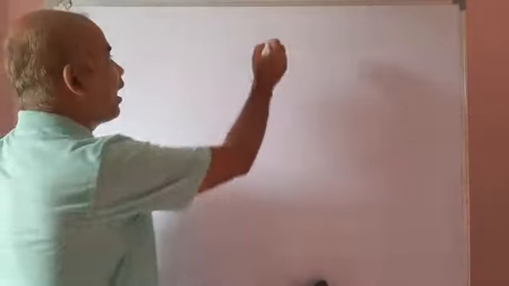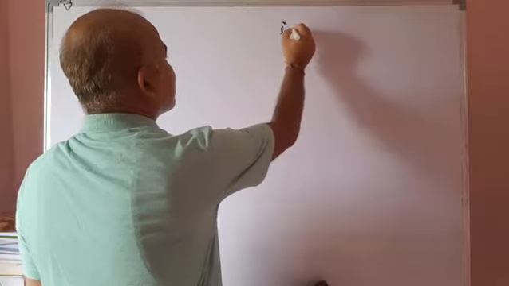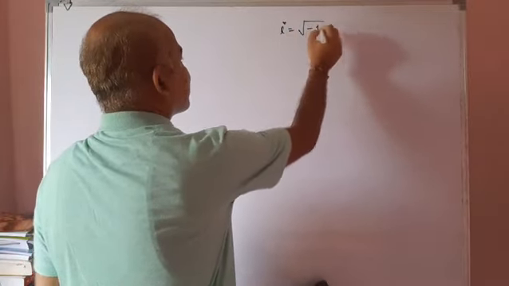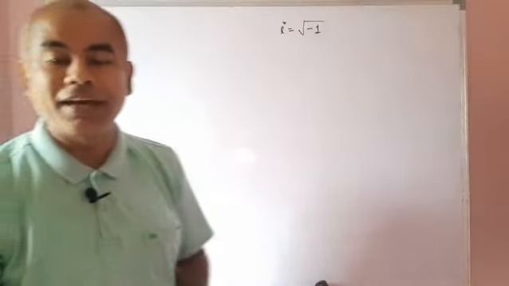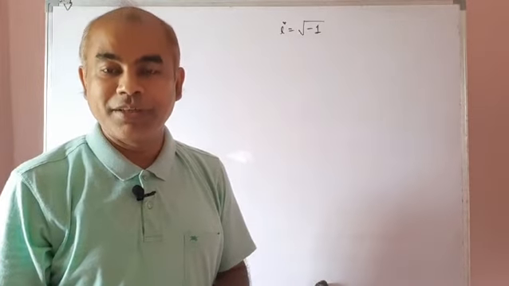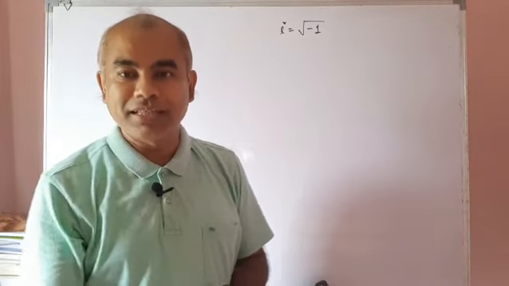So students, today we are going to discuss complex numbers. In my first video of this chapter on complex numbers, I discussed this i, which is the square root of -1. This part I already discussed in my first video. So today I am going to discuss its next part.